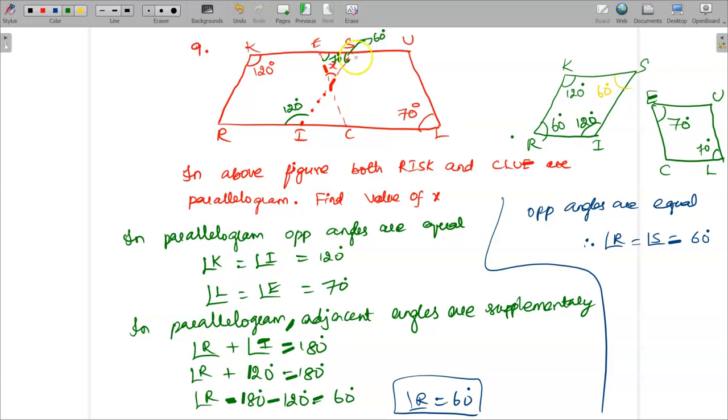So once you have determined these two values, it is easy to find out the x value. So considering this, this is nothing but a triangle. So using this triangle, okay, here already I know it is 70, this is 60 and this value I have to find out, x. Okay, so using this triangle I know the property is the sum of angles in a triangle